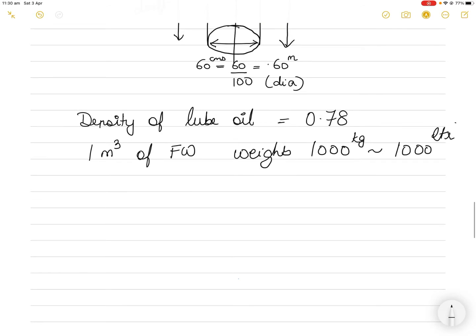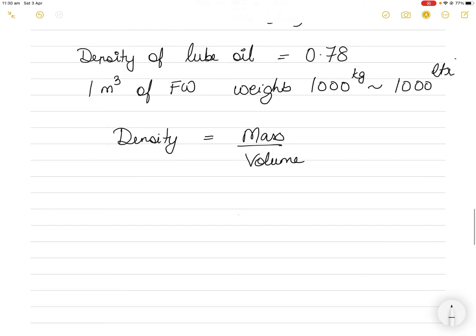Now you might say, why is this? So let's understand why it is like that. Let's say density, the formula of density is mass over volume. You all know that the density of fresh water is 1, right? So 1 what? 1 ton per metric cube. So we have 1 here, we have mass here, and this is ton per metric cube of density. Mass I don't know, and let's say this is 1 metric cube of fresh water.